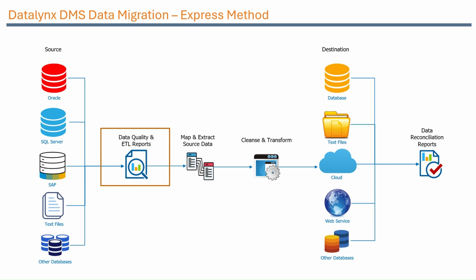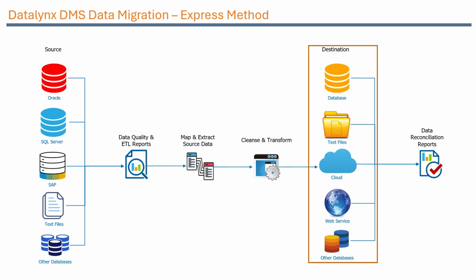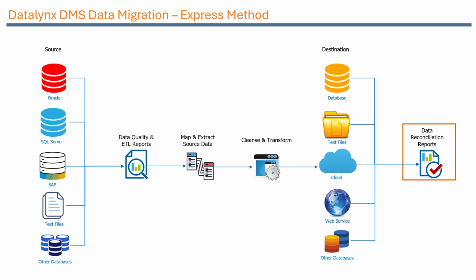Following this, you can automatically generate your extract queries in Xplorer and map them in Xchange. In this approach, the cleansing and transformation stages are integrated with mapping. Once completed, you can migrate the data to any database, web service, or cloud platform, or even generate text files to be imported into data warehouses. Lastly, you can prepare the data reconciliation report to ensure that the data transferred from the source to the target